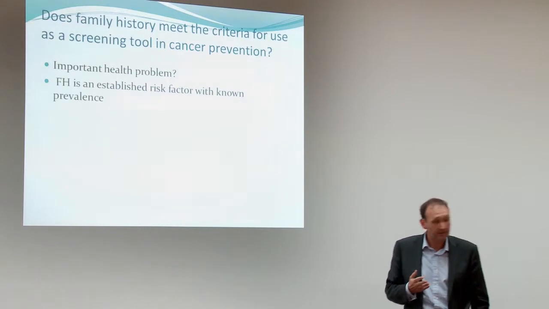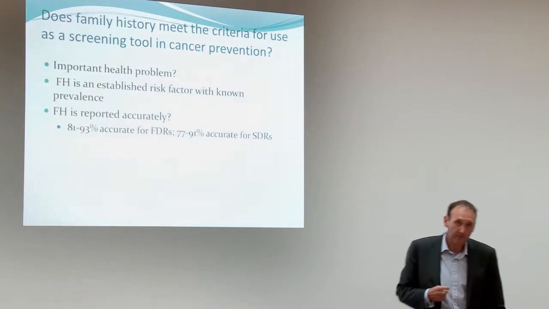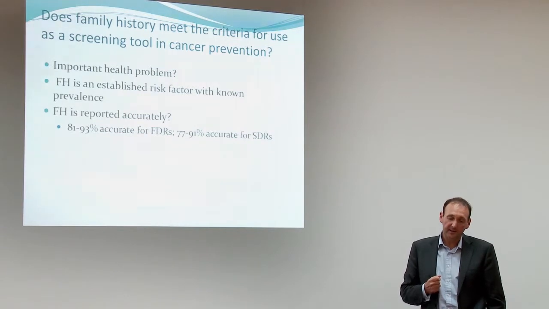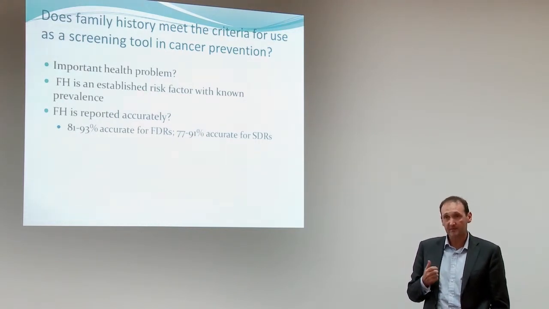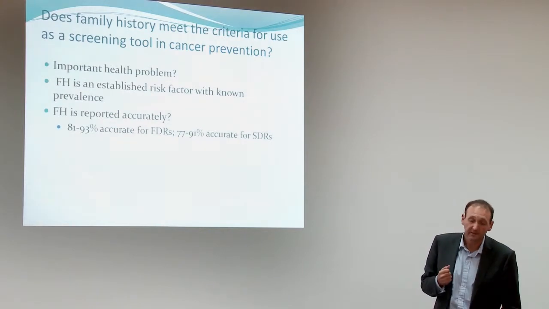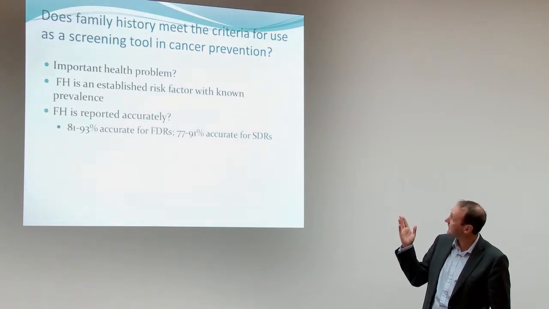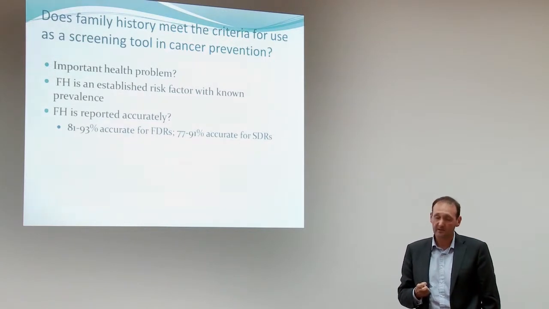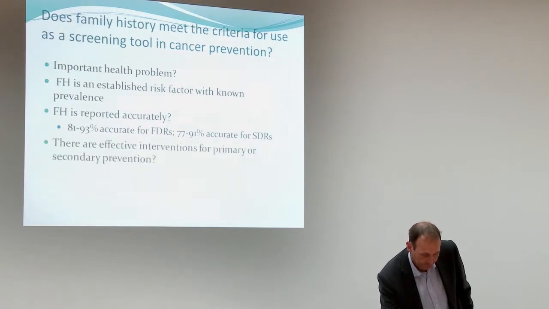We know also that family history is an established risk factor, as I've just discussed. And then a lot of people will question, well, just how well do people know their family history when they come to see you? And there have been a number of studies looking at this very question. People are actually quite accurate, particularly about their first-degree relatives of common cancers, up to 93%. It's slightly better for breast cancer than it is for abdominal cancers. And then again, even for second-degree relatives, pretty good accuracy actually. And there are ways within practice that you can use that we'll talk about to actually improve that self-reported accuracy.